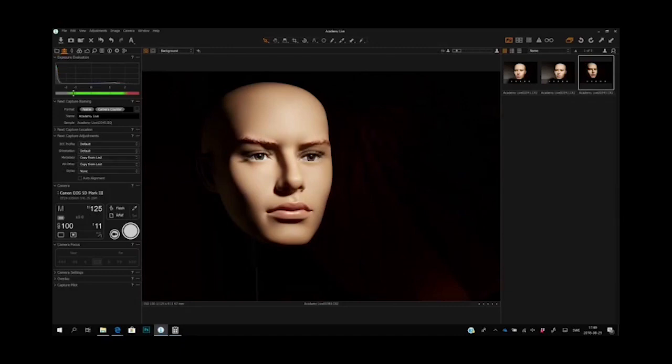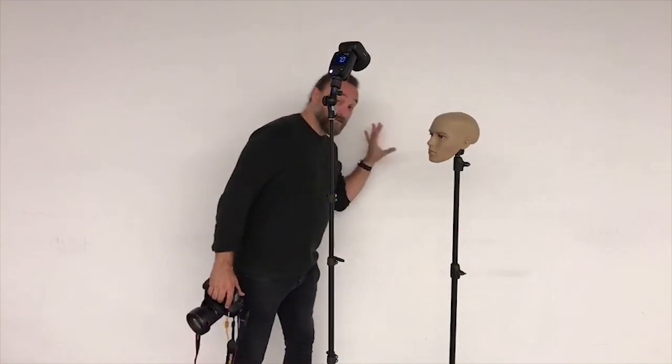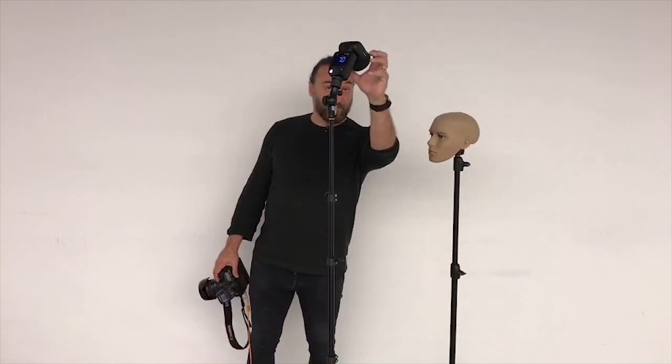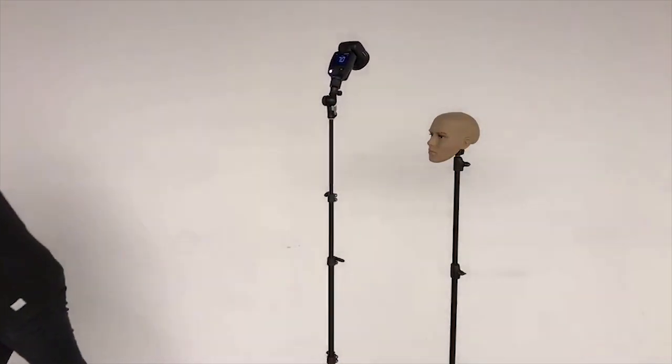That's perfect. Okay, so here we have the head, and on the left side of the head we have this really big black shadow. And that is because the light isn't hitting this wall since we have the grid on. So if I remove the grid, and now the head is zoomed to maximum, so we will have...